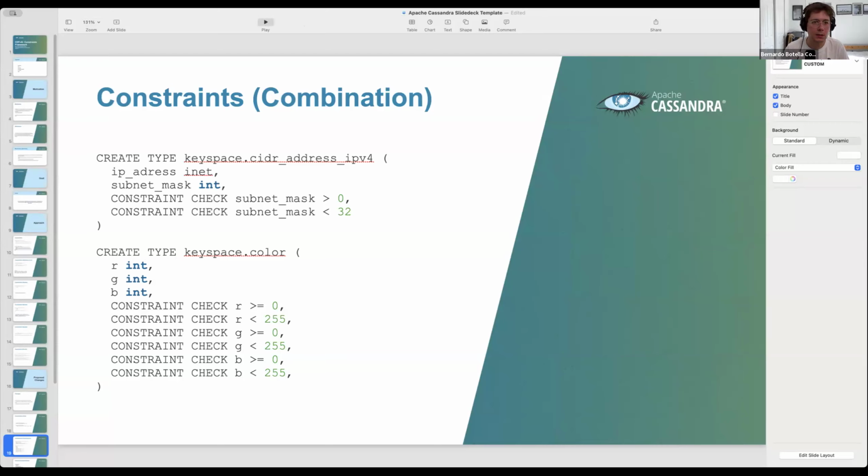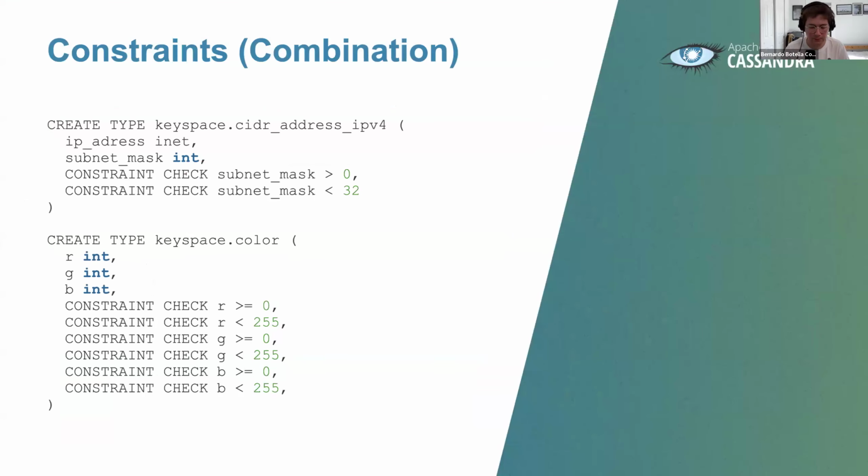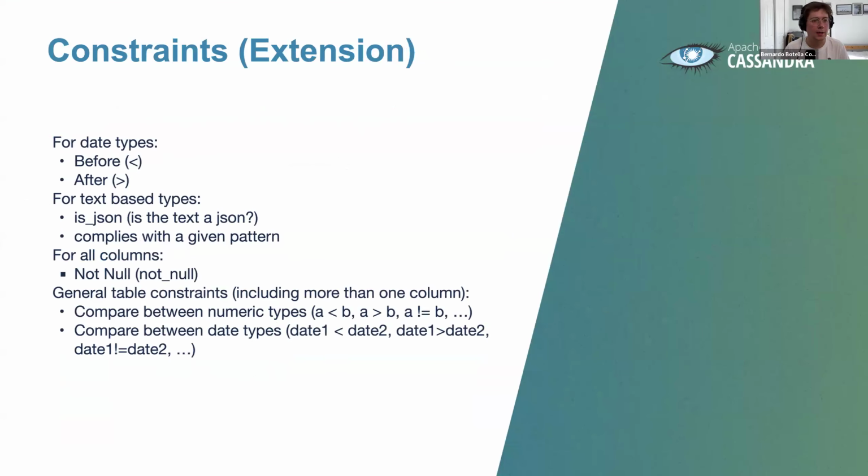All right, I'll be back to full screen. Yeah, so we were talking about the extension constraints, and I have a meeting chat open now, so I can see what's going on. Okay, perfect. For column types which are dates, we can have before, after, or equal, although equal doesn't make much sense, but before and after.